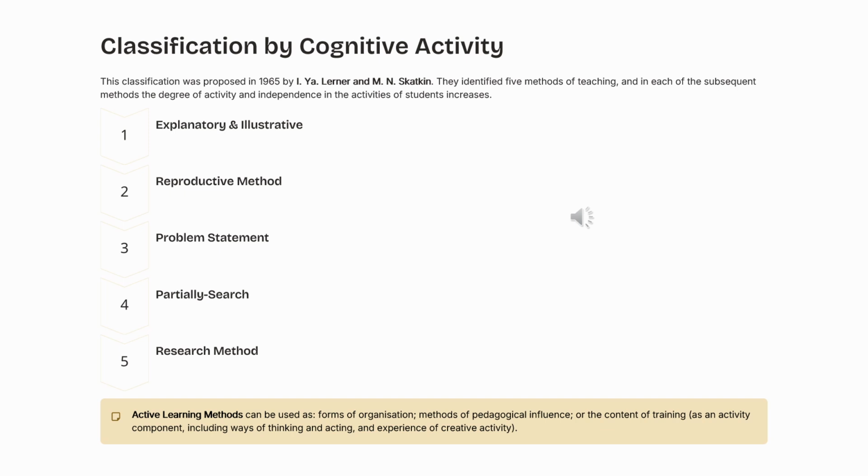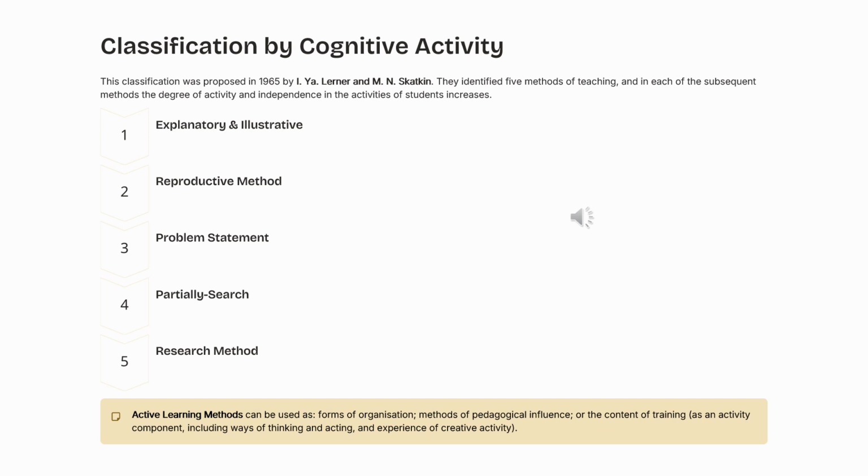A particularly important classification is the one proposed by I.Y.A. Lerner and M.N. Skatkin in 1965. It includes 5 methods arranged according to the increasing activity and independence of students: explanatory and illustrative, reproductive, problem statement, partially search, and research method. The methodological significance of this sequence lies in its developmental logic. Each subsequent method requires a higher degree of student initiative, intellectual participation, and independence. Therefore, this classification is valuable not only descriptively, but also as a guide to the progressive intensification of cognitive activity